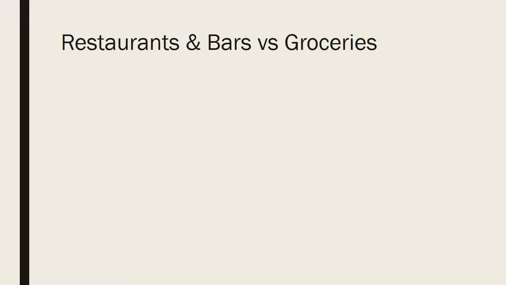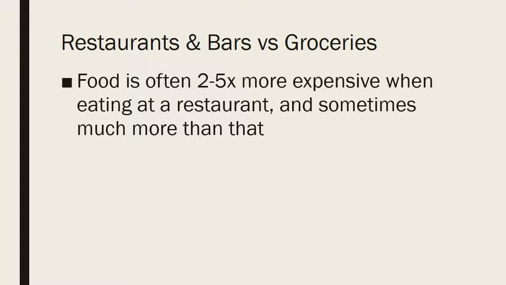Primarily, it's happening because of convenience, and people find it more convenient to spend money at, say, a restaurant rather than buy groceries and then spend time preparing it. However, that does come at a cost. So even though the amount spent matches across the two categories, the amount of food you receive does not match because food is generally 2 to 5 times more expensive when eating at a restaurant, sometimes much more than that,